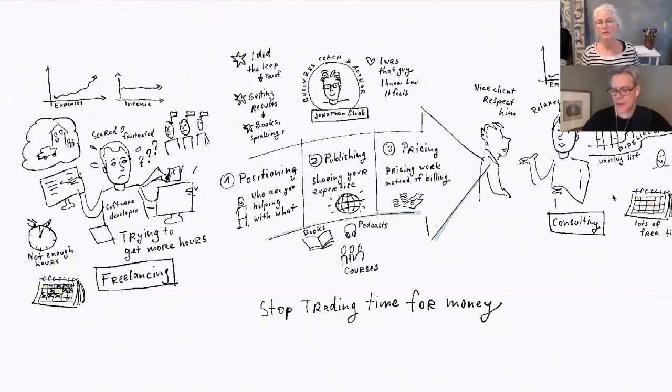They're usually pretty sick of the feast-famine cycle. They want to get off the hamster wheel. They feel like they're treading water. So when I say something like hourly billing is nuts, or there's a way to make more money without working more hours, they're like, how do I make more money without working more? I'm already working too much and I'm not making enough money.